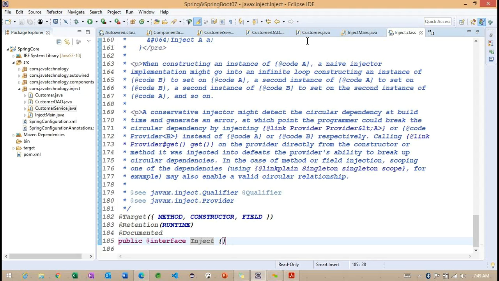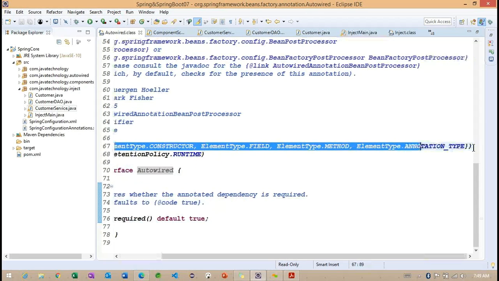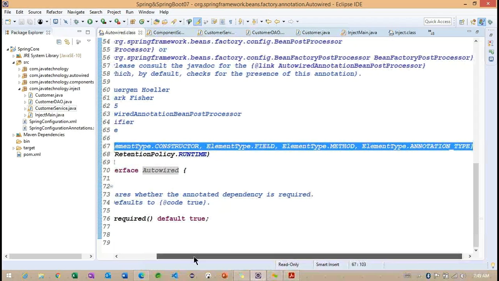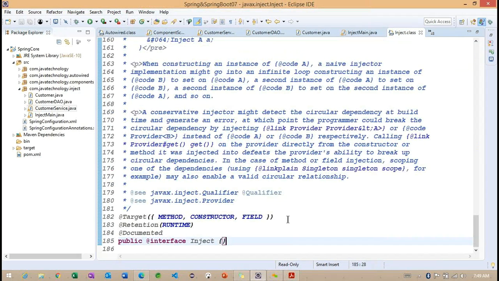And in the same way, we need to work on this Autowired here. So observe very carefully. This Autowired, we can work on the constructor, field, method, and annotation type. But here it has less scope. Getting the point? So we can work on these three; it's not going to support the annotation type. Right. So these are the differences between Inject and Autowired. We may get some questions related to this from the interview perspective, so how exactly Inject and Autowired are going to work.